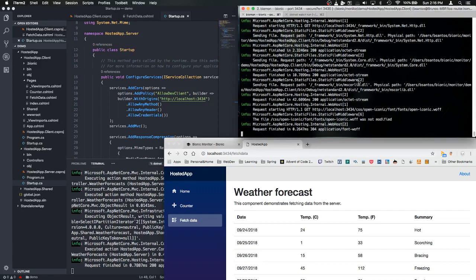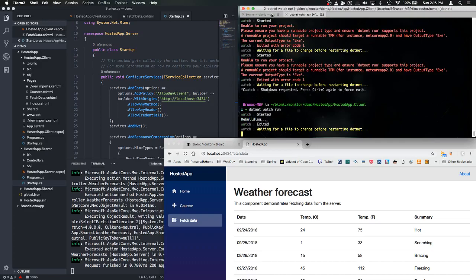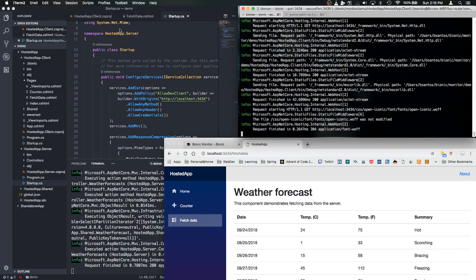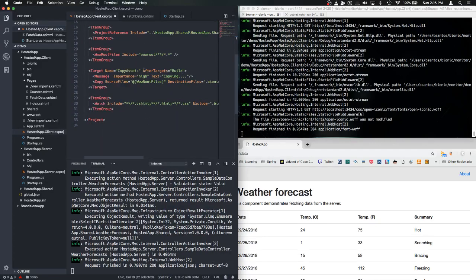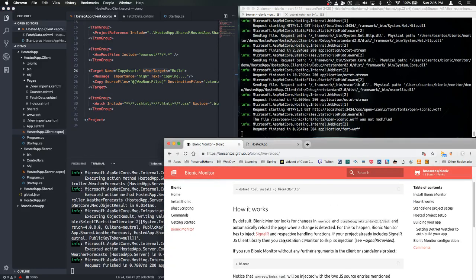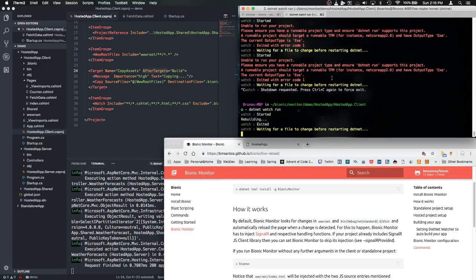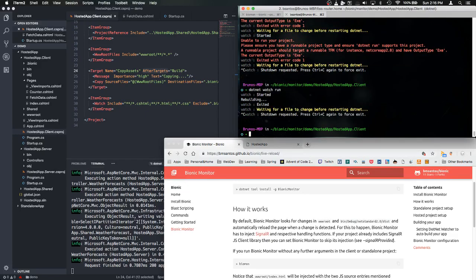Just before I leave, another detail: in order to be able to run from the client side on Rider, you'll have to enable after targets, and I describe how you can do that on the web page if you're using Rider. If you're using Visual Studio, you don't have to do that. It actually worked for me early in the week, but then I did something and Visual Studio is not working for me. But if I just open Rider here,